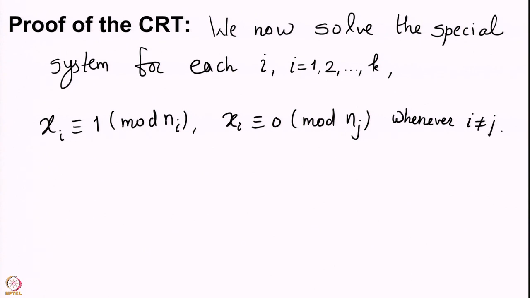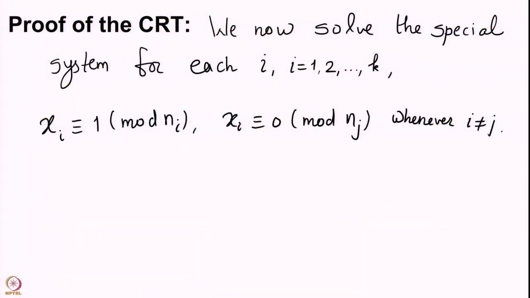So, this was the system which we had in the last case, the case k equal to 3, where we had x1 which was 1 mod n1, 0 mod n2, 0 mod n3; x2 which was 1 mod n2, 0 mod n1, 0 mod n3; and x3 which was 1 mod n3, but 0 mod n1, 0 mod n2. So, similarly here we have this xi which is 1 mod ni and 0 mod nj whenever i is not equal to j. So, if we define